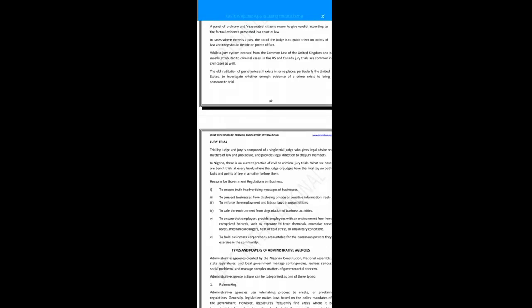So let's look at reasons for government regulations on business. To ensure truth in advertising messages of businesses, to prevent businesses from disclosing private or sensitive information freely, to enforce the employment and labor law in organizations,